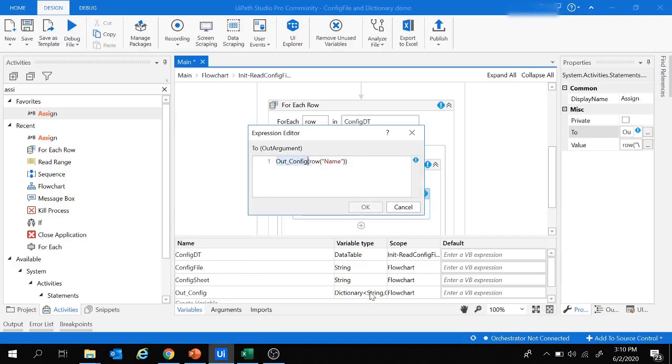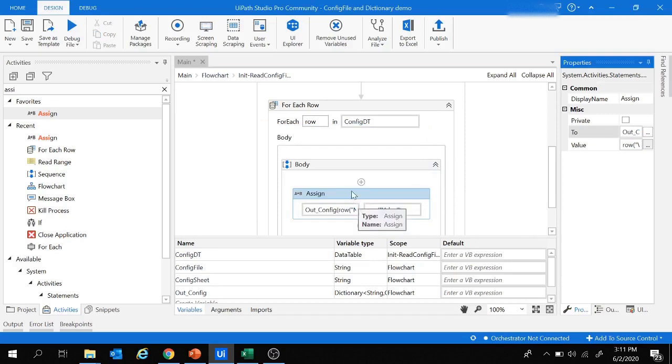And since we have taken the type of key as string, we need to convert this key into string. So I'm going to put a dot, and let's put a ToString from here. Let's press OK. So using this single assign activity, we have added all the values from this config data table as a key value pair under this outconfig dictionary.